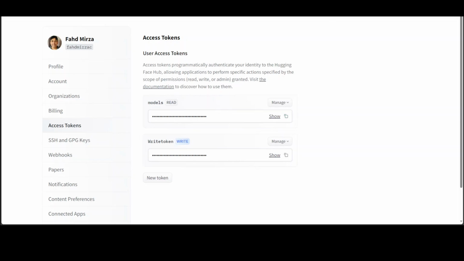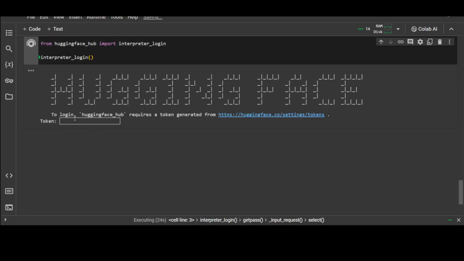Grab this access token from here, go back to the Collab, and then paste it here. That's done. Press enter, and then just press Y,